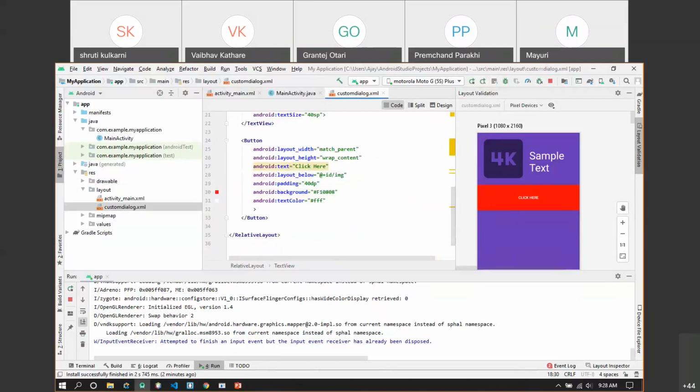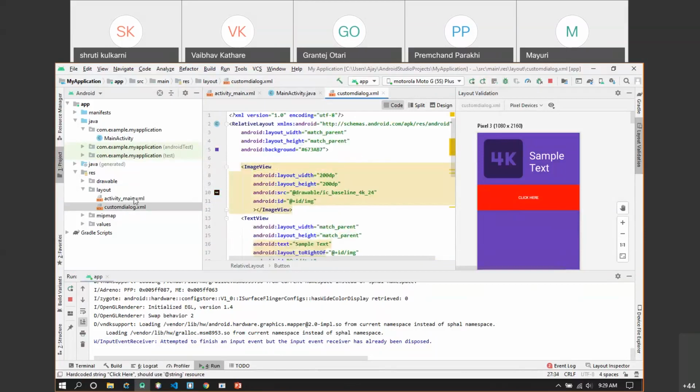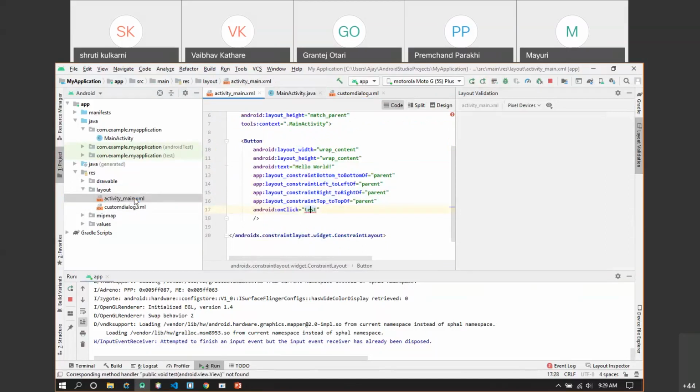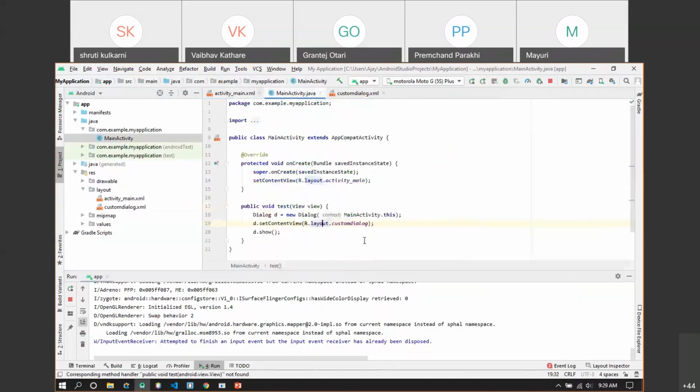You can add your own custom layout in the layout XML, and you can set that layout XML as the content view of the dialog box. Please ask if there is any doubt, otherwise we'll proceed to the next point.